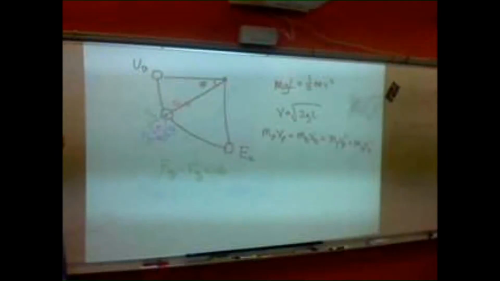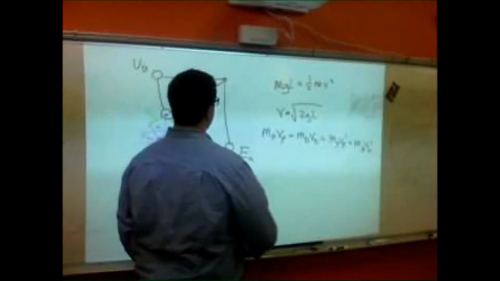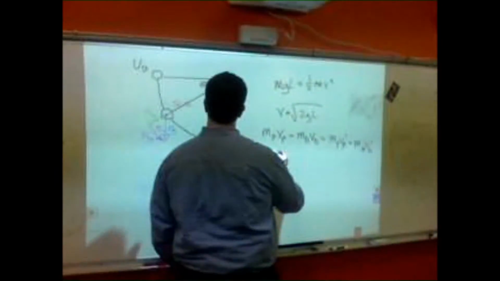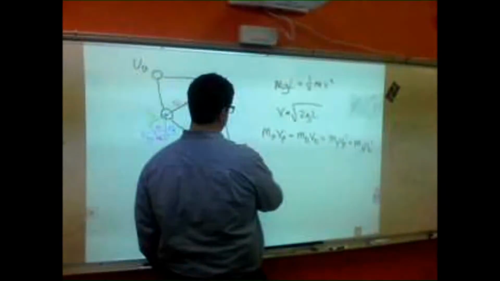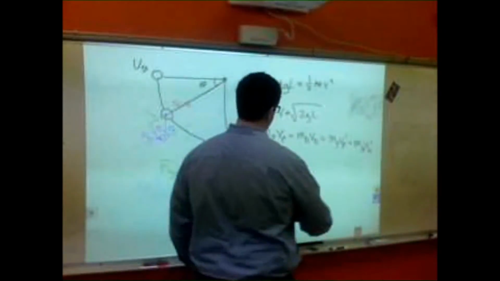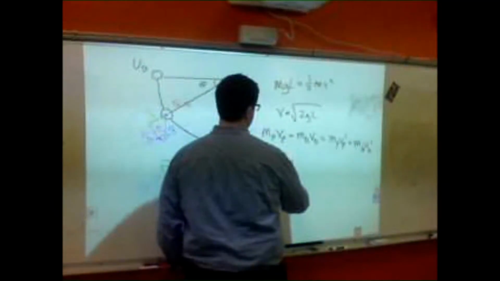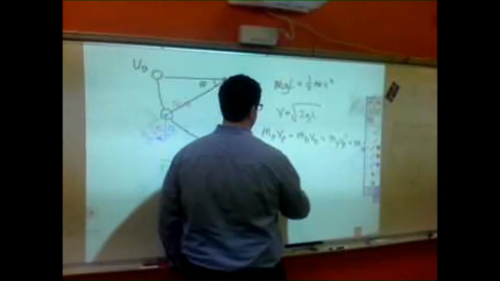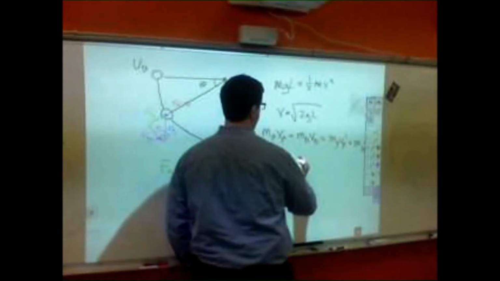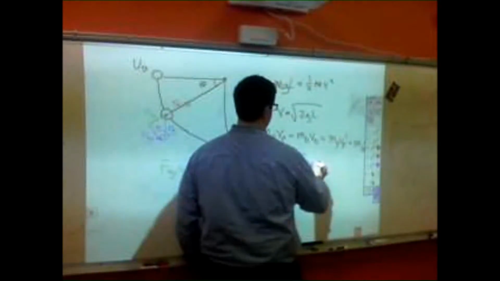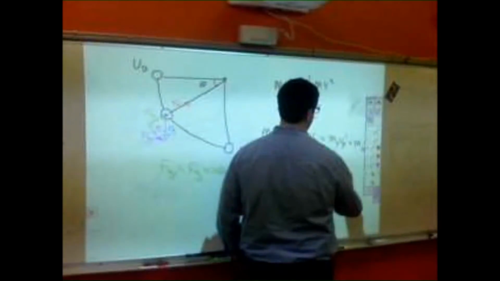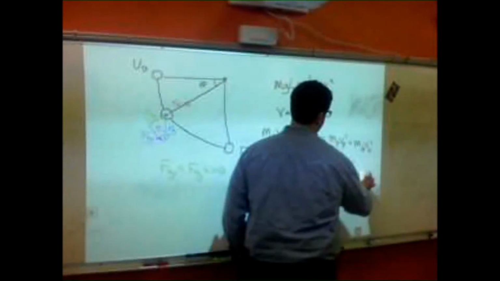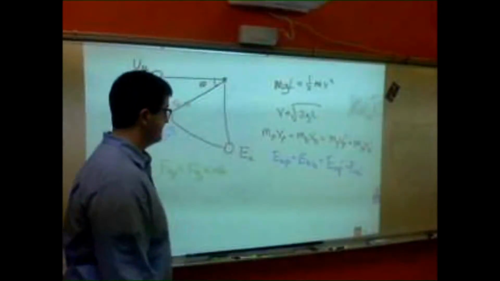So, let's go ahead and set this up, conservation of energy. So we have it swinging down here. We say that before the collision, this guy has energy and the block doesn't. So we say EK of the pendulum initial plus EK of the block initial must be equal to EK of the pendulum final plus EK of the block final. All right?